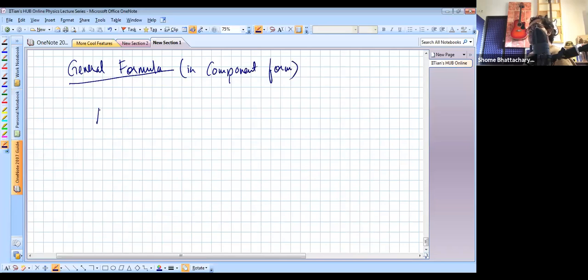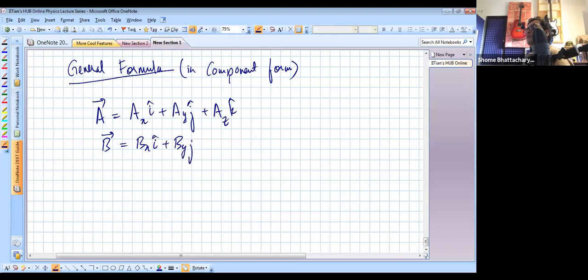So suppose we have three-dimensional vectors. A is equal to Ax, Ay, and Az. Three components. Okay. And similarly, my vector B is also known in three-dimensional component form. I want to calculate A dot B. So when I do this operation,